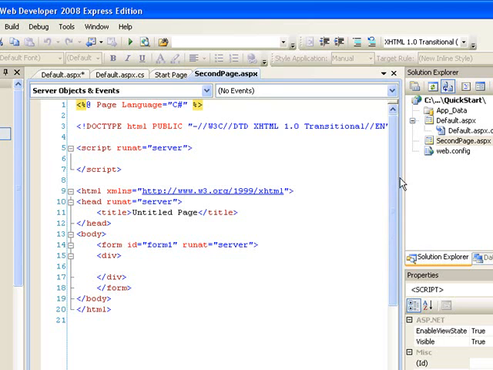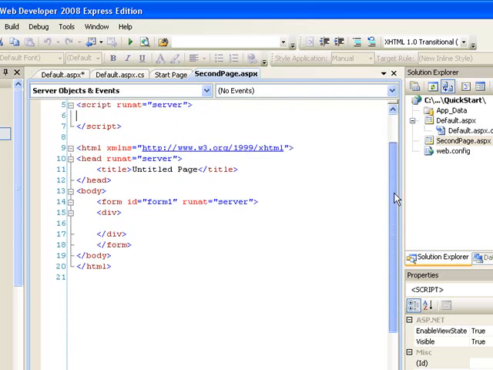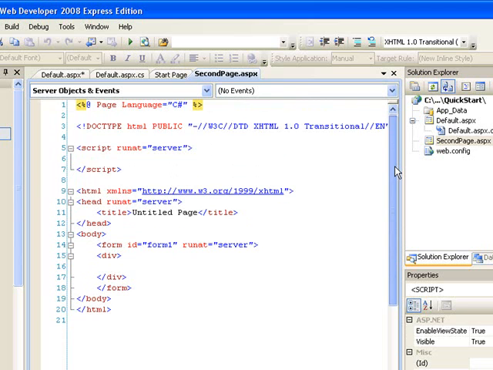So anyway, you want your application to have the same look, same feel, same color scheme. You want all your pages to look very beautiful. So what you want to do is create a master page. And in order to create a master page,